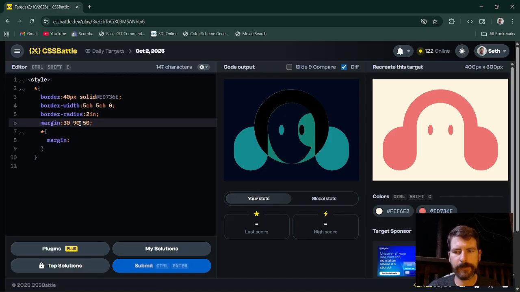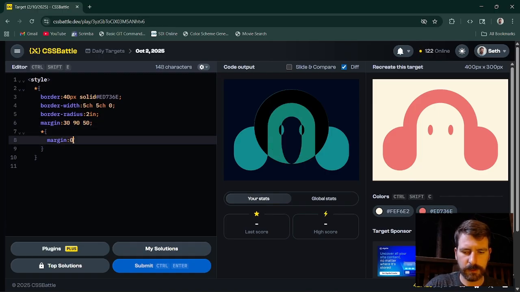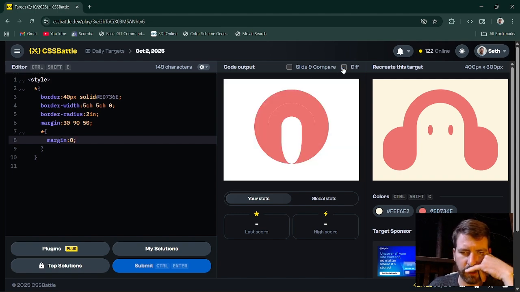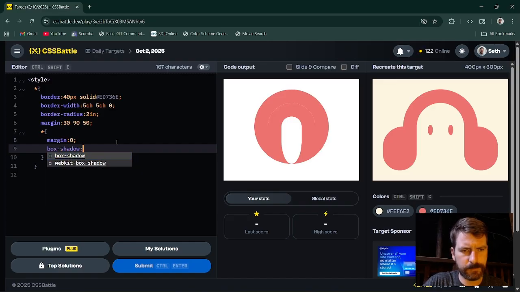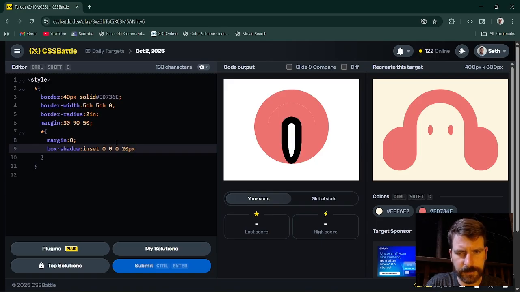And actually, let's hit margin 0 on the body. Let's look at this. I'm having an idea here. If we do that, what if I would do box shadow inset? What does it look like if we do 0, 0, 0, 20 pixel blur? Okay, let's go 40. Oop, 30,